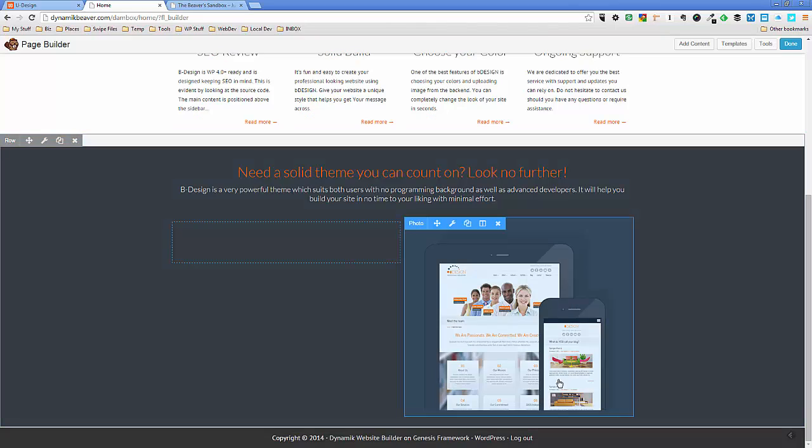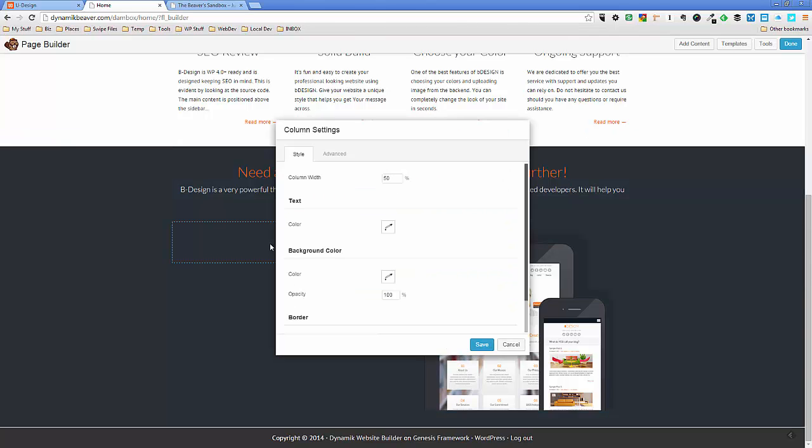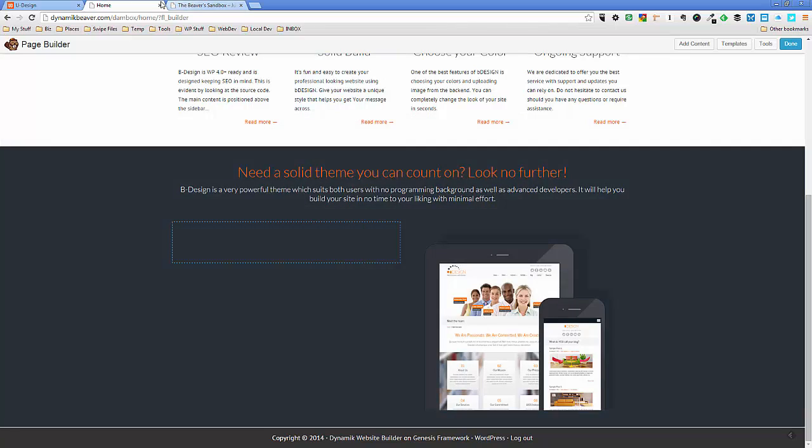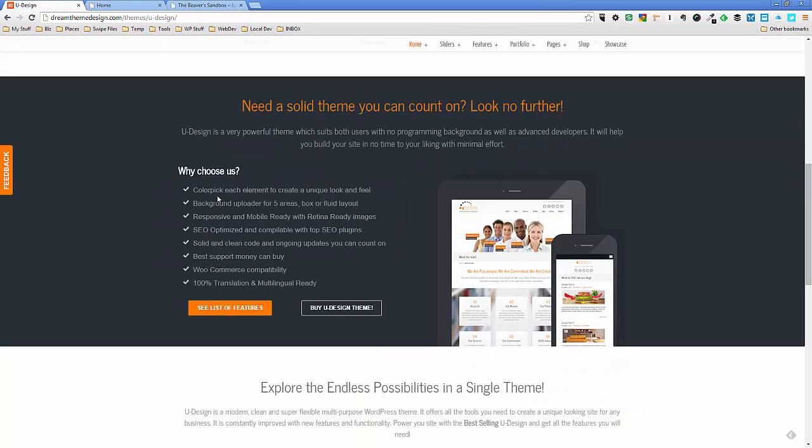Okay, and you'll see that the only problem is we've got, as you can see, we'll come back and fix that in a little while, but we've got a margin or padding at the bottom there, which is preventing it going to the next section seamlessly. But let's go and have a look at the little conundrum we've got over here with the list of bullets here. Okay, I don't have any tools built into Beaver Builder, unfortunately, to be able to add this as an